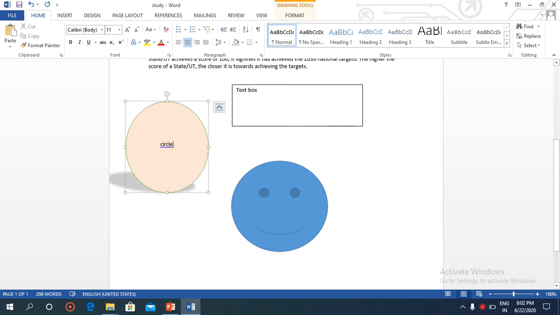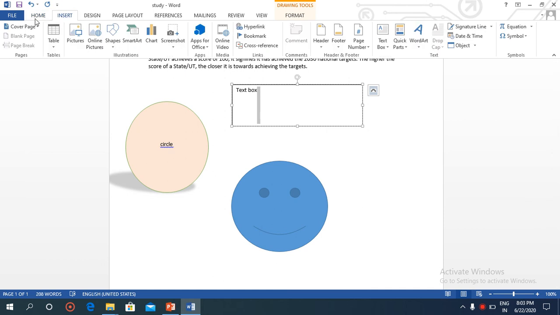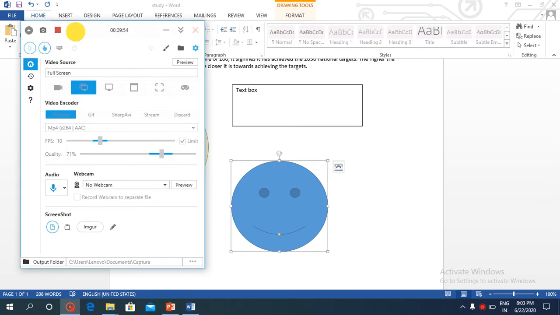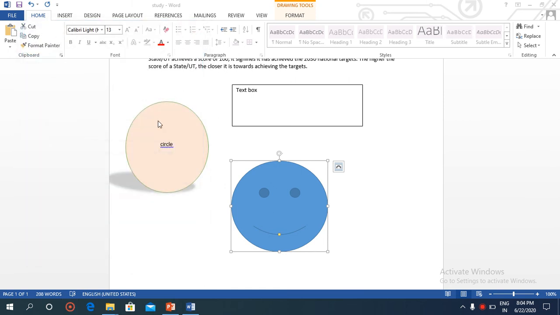Okay, then select the various shapes one by one in this way. You have to select various shapes one by one. This is the procedure. Select various text. So in this way you can select various shapes. By pressing the Ctrl key and selecting the shapes, you can select both shapes.